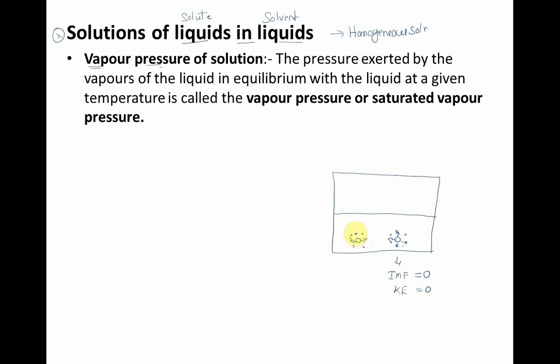But water molecules are not at rest, they are always in motion. Therefore, they collide with each other. As soon as they start colliding with each other, they exert certain pressure. Due to this, these molecules move from bottom to surface level of the liquid. Think that these are the molecules which are present at the surface level. These are all surface level molecules.